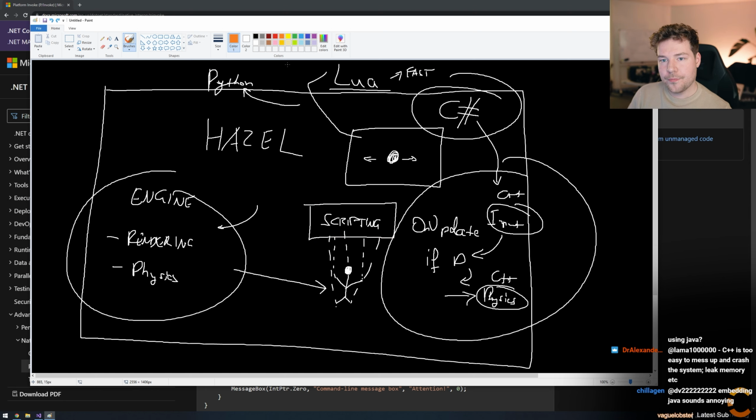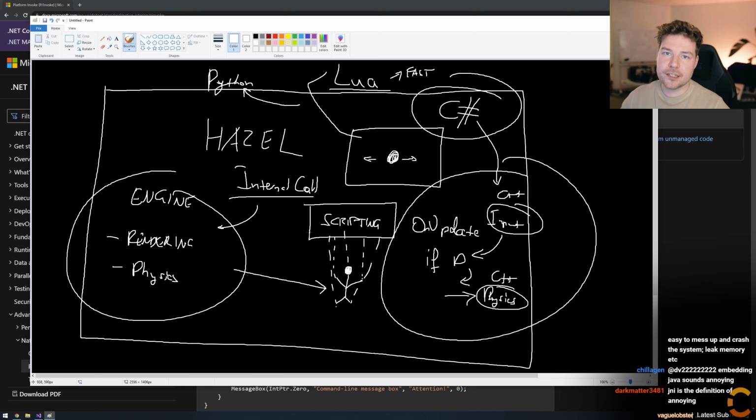So instead what we do is we use a little feature called internal call. Now, I don't know if this is the formal definition, but an internal call is basically a way for you to provide the C# runtime, the engine that is running C# from C++, with a native function. Because the virtual machine that is running C# is running in C++.